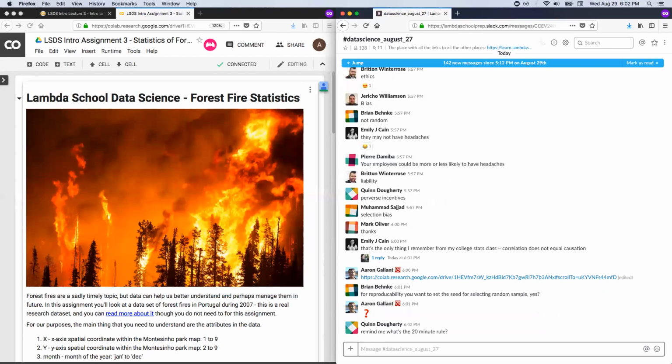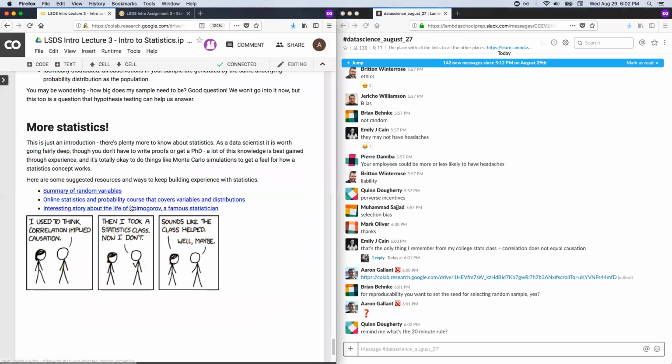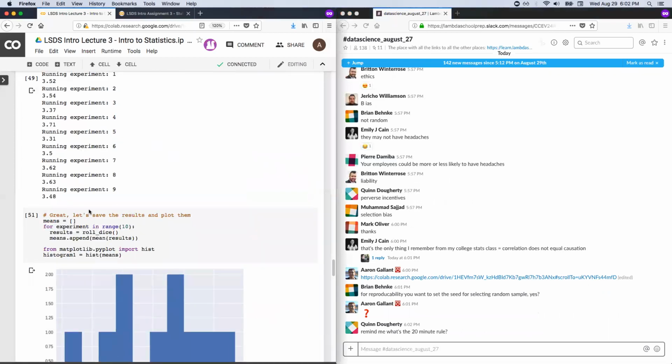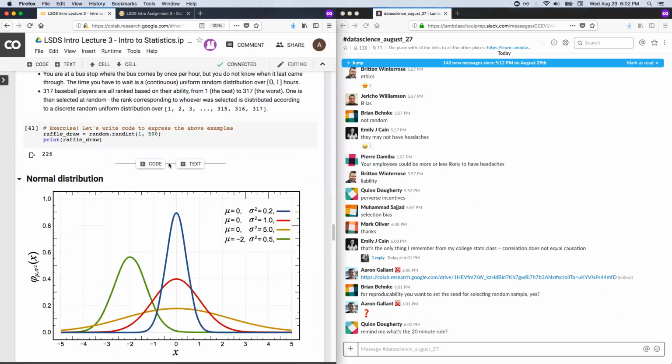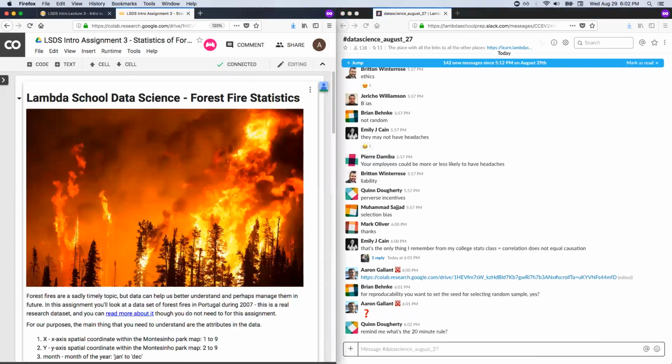That's a good point. Yes. So all this randomness, I didn't set a seed. That's on purpose because I wanted to show you that it was really changing. But the seed is a way to refer to the fact that if you specify a special number at the beginning, you always get the same random draws. Don't worry about that right now. There are situations where that matters. That doesn't matter right now.